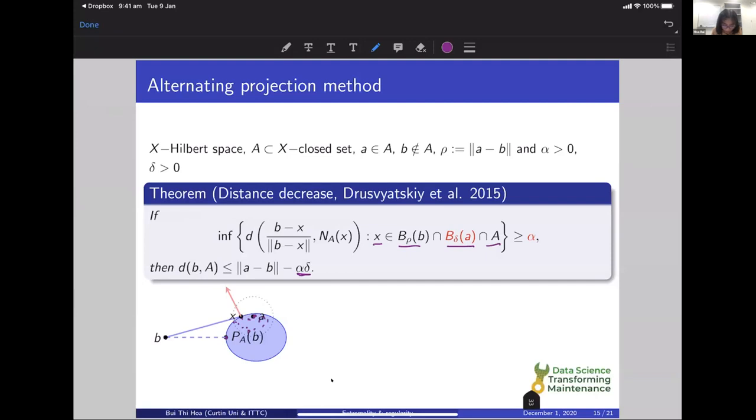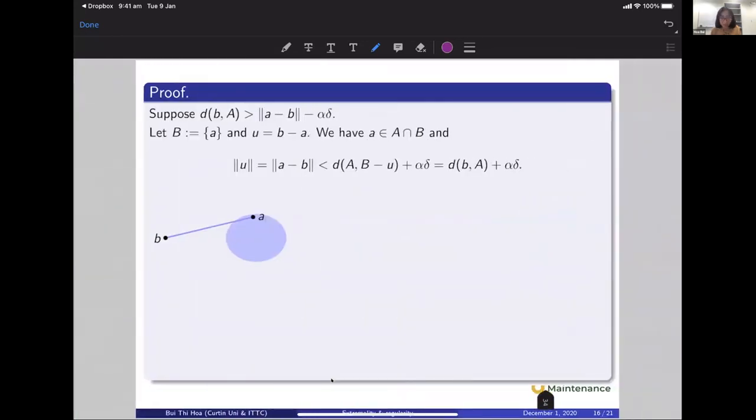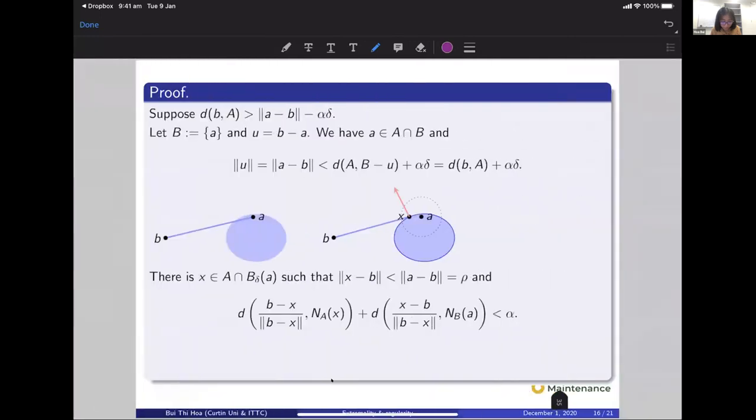And then we calculate the angle between the vectors here, B minus x, with the normal cone of A at x here. If this angle is always bigger than a constant, then we know for sure that the distance between A and B is bigger than the distance from B to A plus a constant. So I'm going to skip the proof. But